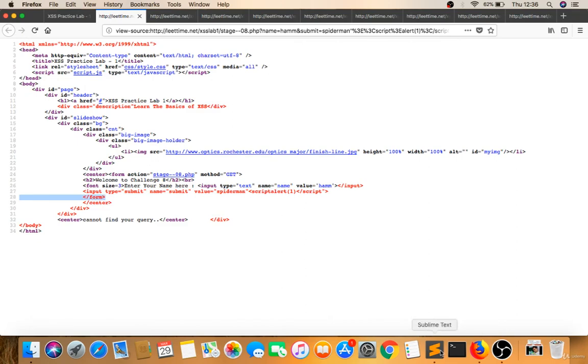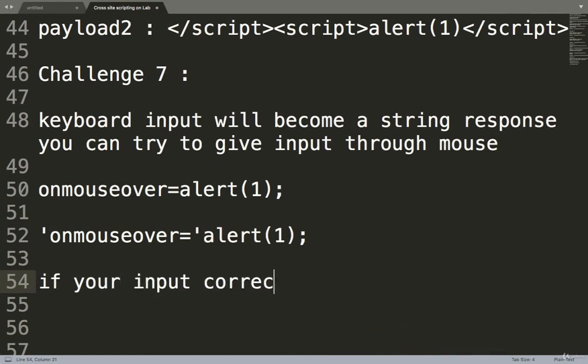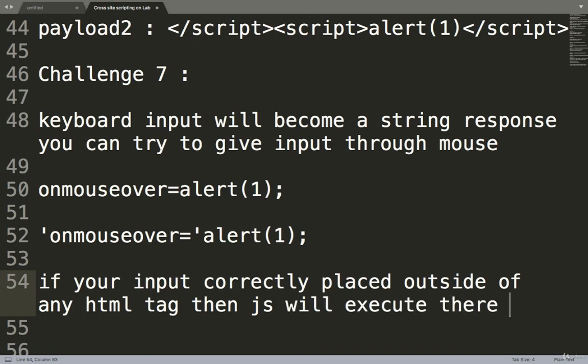Okay, see how cross-site scripting can execute, how JavaScript will work. See, if your input is correctly placed outside of any HTML tag, then JS will execute, basically JavaScript will execute there, otherwise it won't execute.